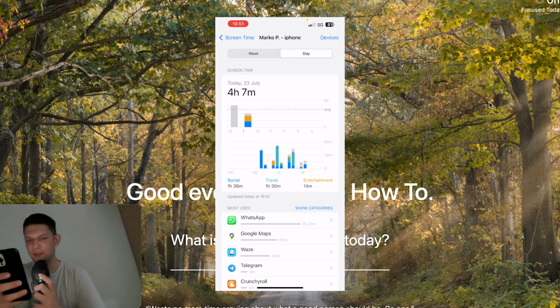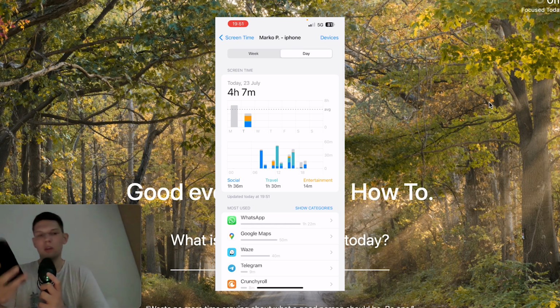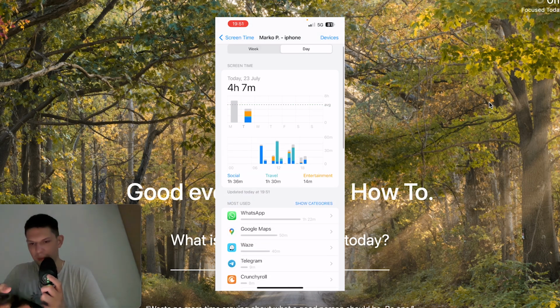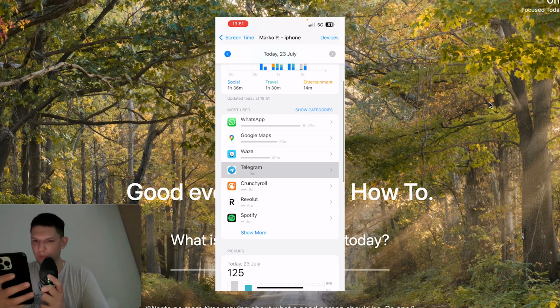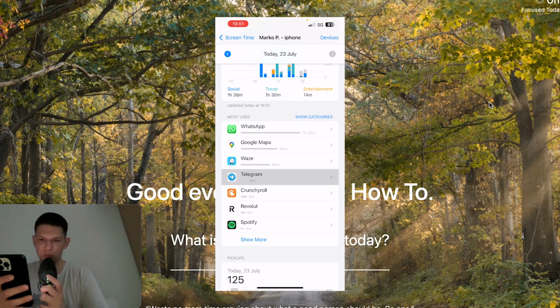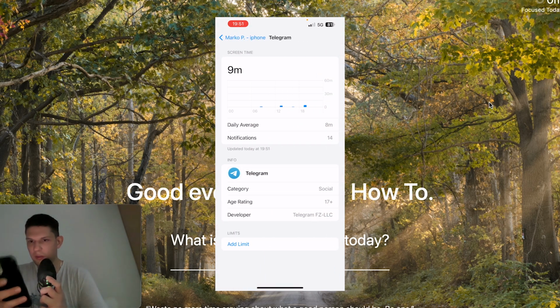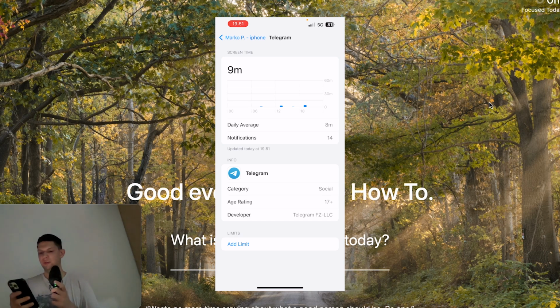And now this is basically the screen that shows you stuff in general, like you can see a week, a day, today, other days and whatever. But basically you want to scroll down and find Telegram. So you see Telegram here, you want to tap on it and it tells me that I've been on Telegram 9 minutes today. Now, of course, if you use Telegram to chat and to play the NotCoin, then it's going